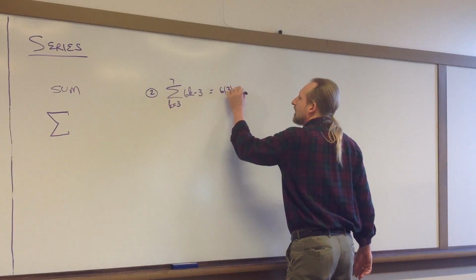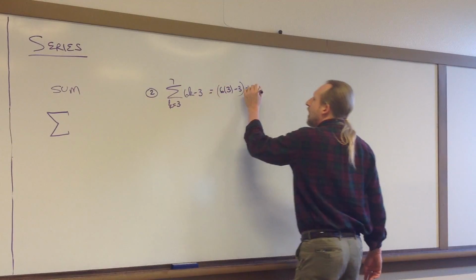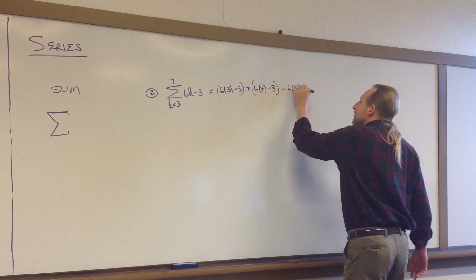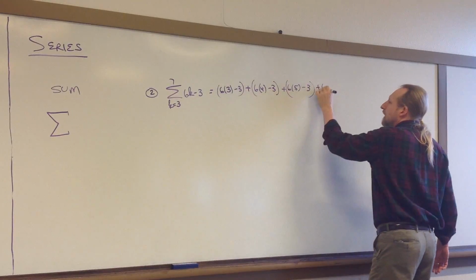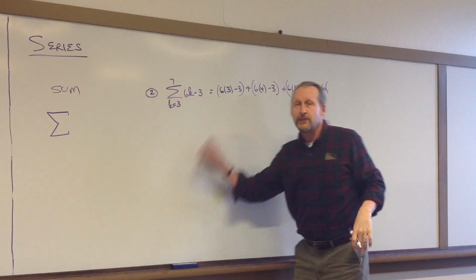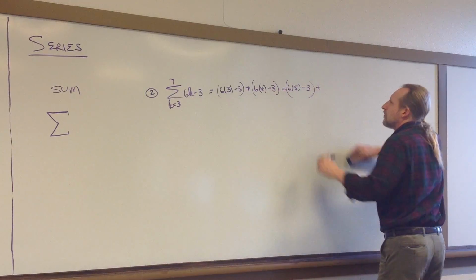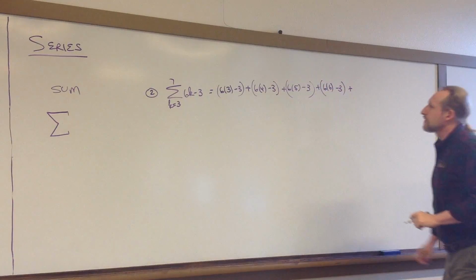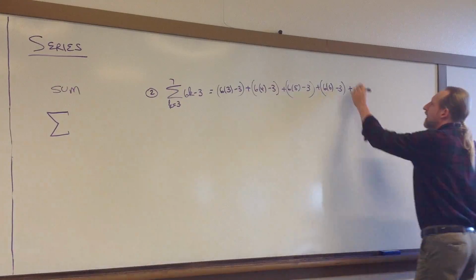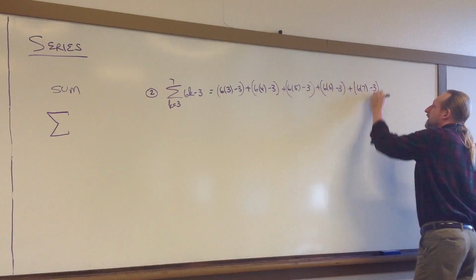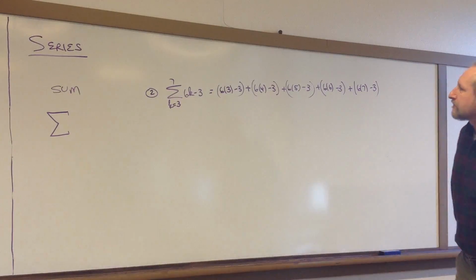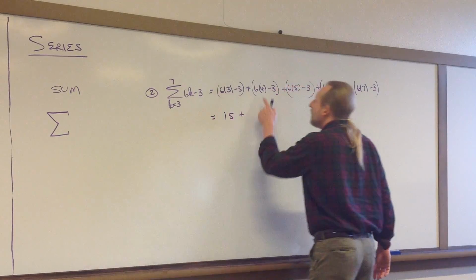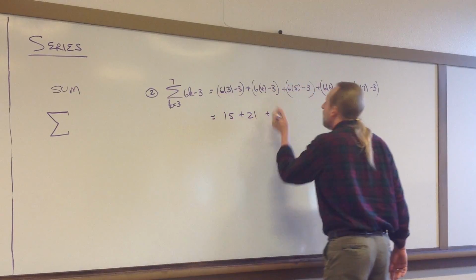So we'll have 6 times 3 minus 3, and then 6 times 4 minus 3, 6 times 5 minus 3. And you don't have to write this all out. You can just write down what each one of these is equal to. But I'm writing it out to more clearly illustrate what's happening. And then 6 times 7. All right, so this is going to be 18 minus 3 is 15, 24 minus 3 is 21, and then